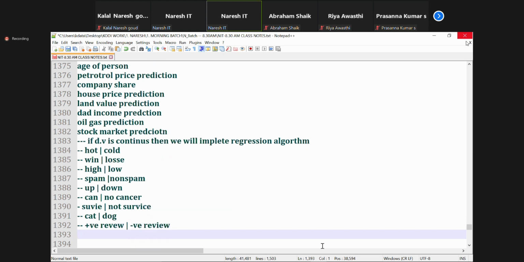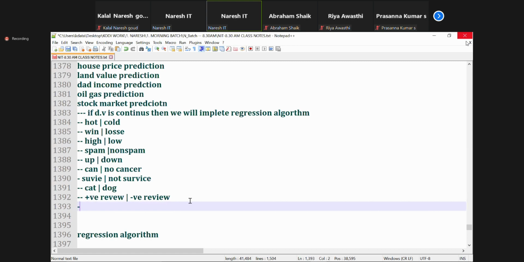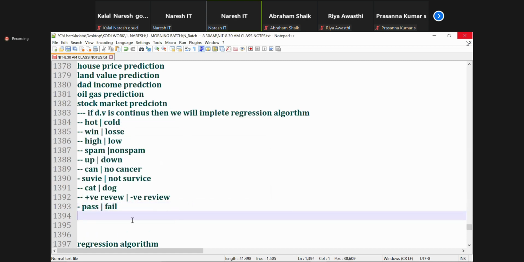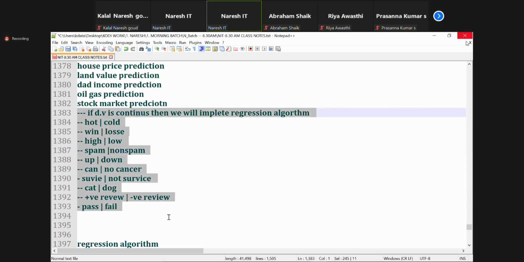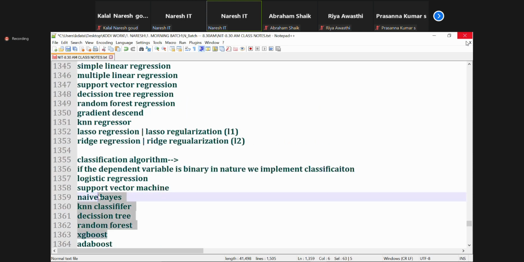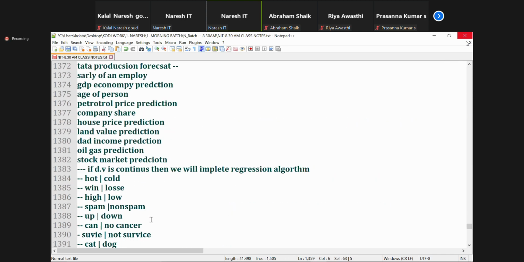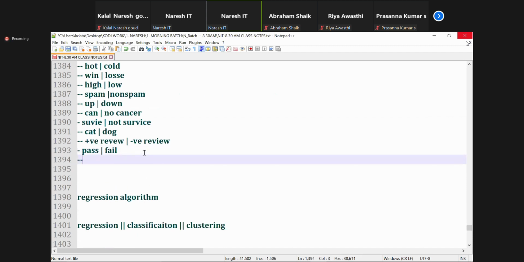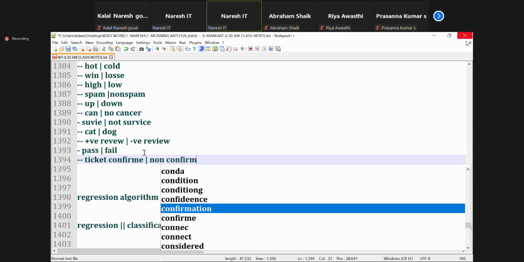You understand or not? Students pass or fail the exam. For every use case, the backend is these algorithms. When you book flight tickets or train tickets, your ticket will be confirmed or not confirmed, based on probability.